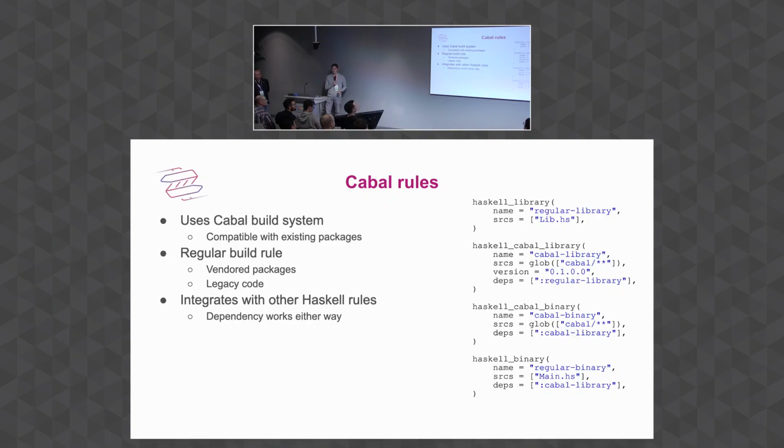Users interact with this with 2 different components. One is Cabal rules. These are build rules that call out to the Cabal build system to build third-party packages, or any Cabal packages, really. These are regular build rules, so you can use them in any build file. So you could use this for vendored packages or legacy packages. And it integrates with the regular rules, Haskell library and Haskell binary. And then the second interface